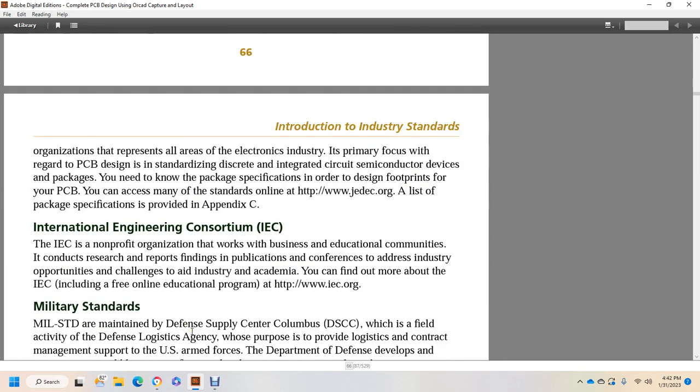International Engineering Consortium. The International Engineering Consortium is a nonprofit organization that works with the business and educational community to conduct research and report findings for publication and conferences, to address industry opportunities and challenges and to aid industry and academia. You can find out more about the International Engineering Consortium, including the free online education program, at